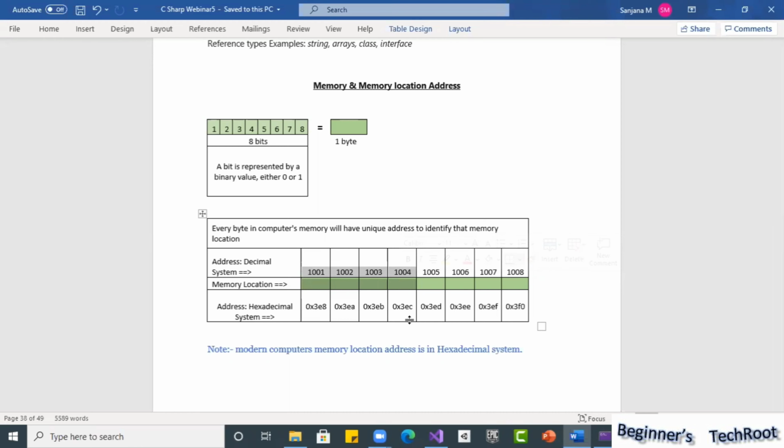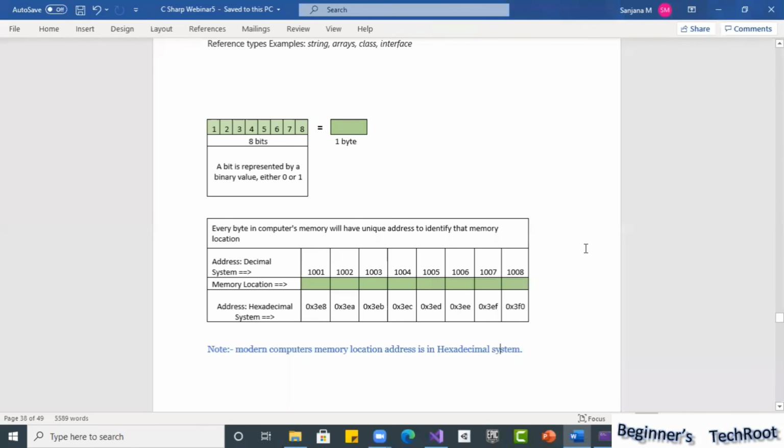Like that, whenever you define a data type, based on its type, the minimum memory required to store it is allocated for that variable, and that memory is blocked. So if you define the next variable, the next available memory will be allocated. For each byte, there will be a memory location identifying address.